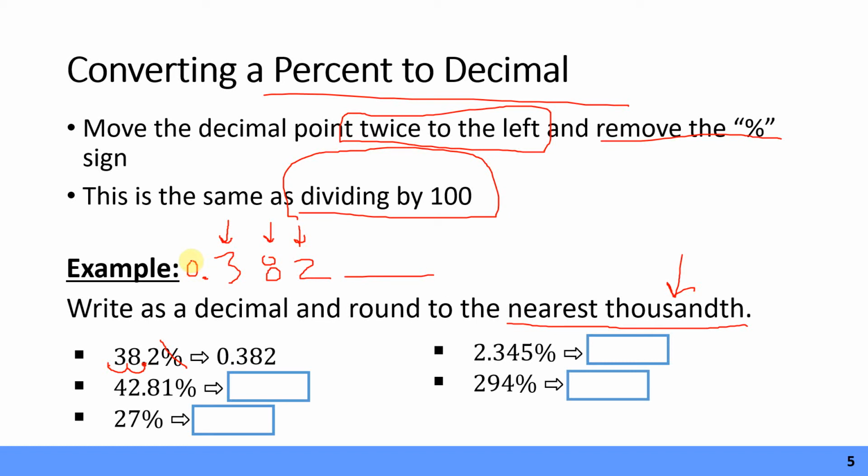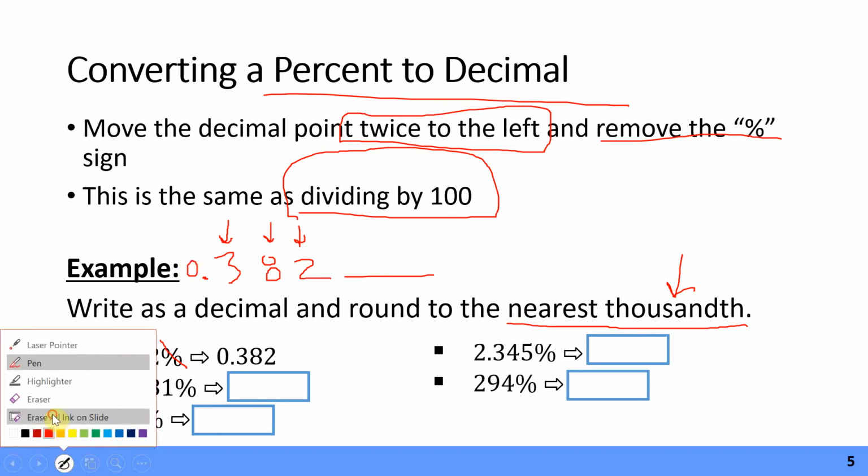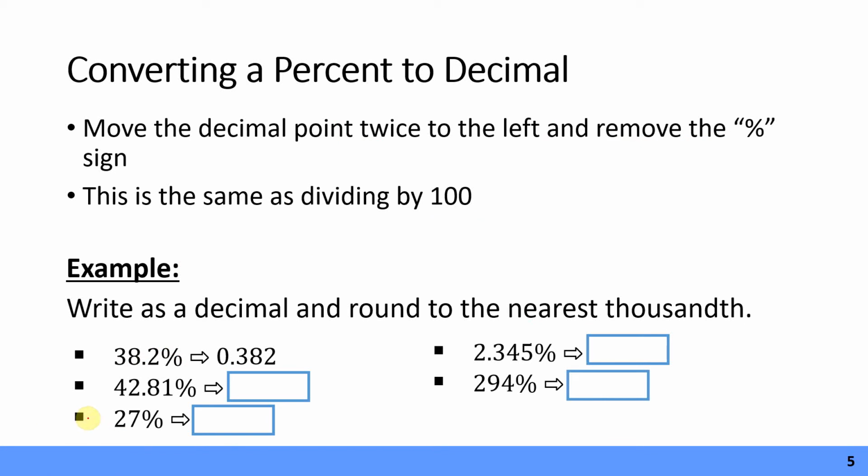If there's no number, we put a 0. Okay, so it's pretty simple. That's all we're doing. All right, for the next one, same thing. Drop the percent sign. We move our decimal twice to the left. Twice to the left, so we end up with